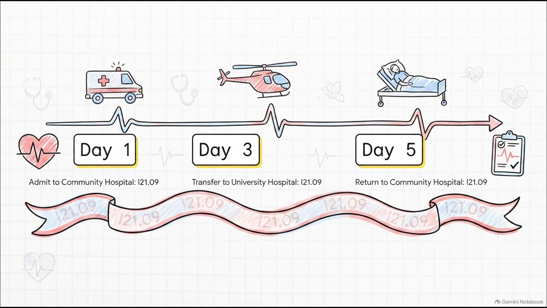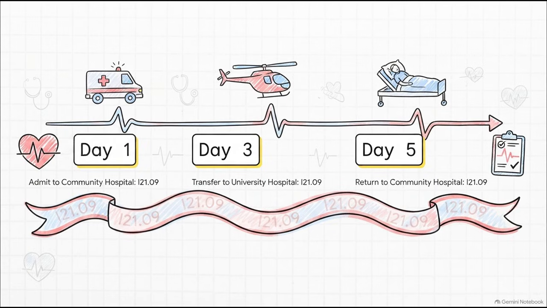Well, the official guidance here is actually brilliantly simple. Across this entire timeline, the principal diagnosis code remains exactly the same for all 3 encounters, I21.09. Now, you might be wondering, why doesn't it change when they go back for recovery? Because across this entire patient journey, the myocardial infarction is still actively being treated. It hasn't resolved yet. Even during that final return for observation, that acute MI is still the overarching reason for